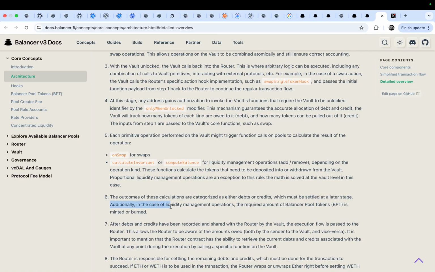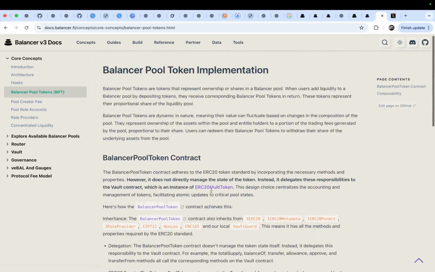Additionally, in the case of liquidity management operations, the required amount of balancer pool tokens, these are the ERC20 tokens, but some operation, I will show you.